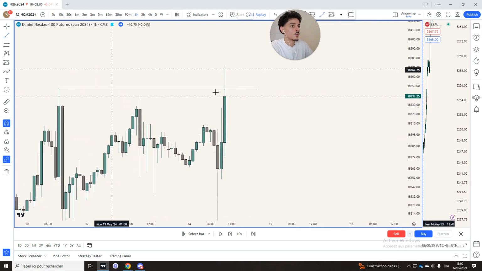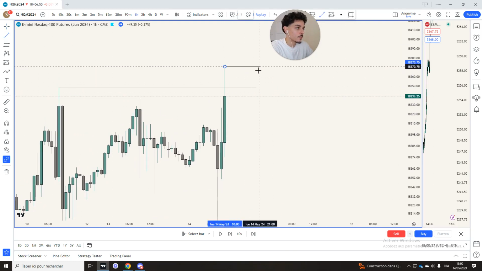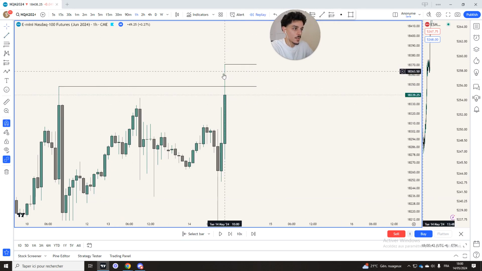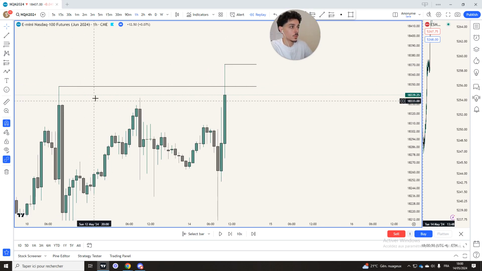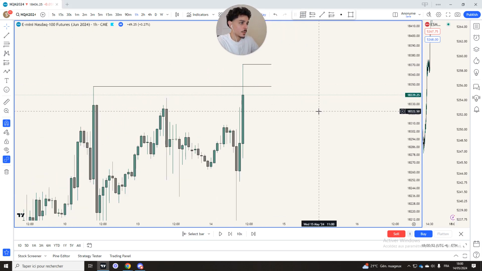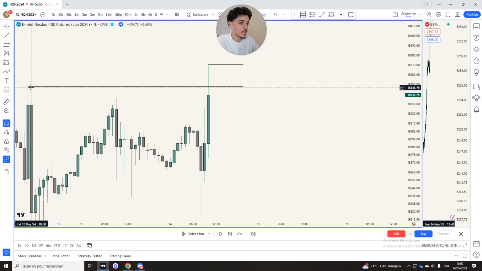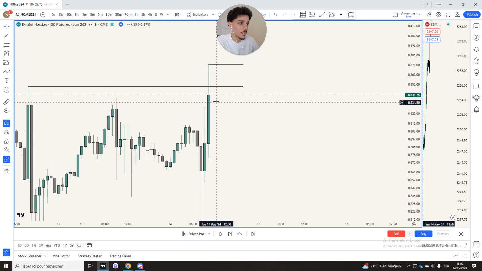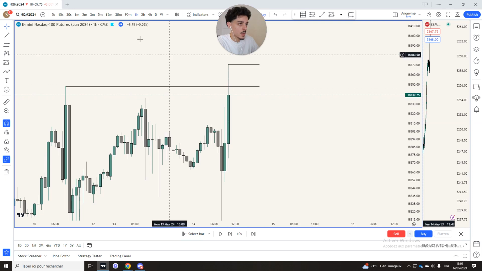So what do I mean by I don't like it? I just don't have the conviction that the next draw will be this high just by looking at the previous low. You always want previous H1 high. You always have to look to the left and see if you swept some sort of buy side liquidity and rejected it. So here I was really sitting on my hands during this hour,